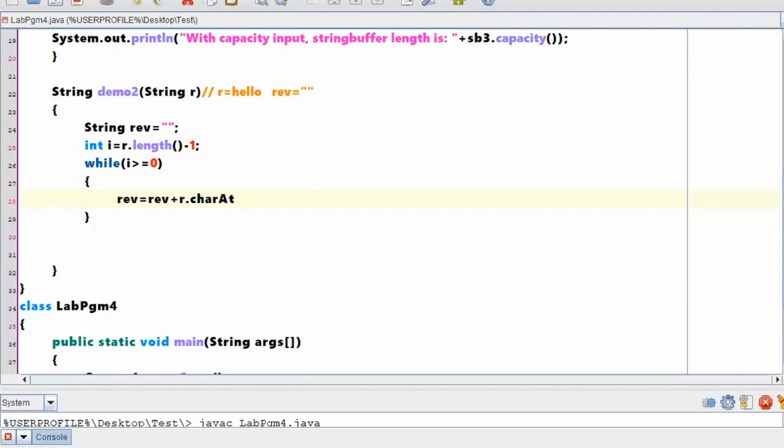What does charAt do? The charAt function extracts the character at whichever index you specify. So it will extract the character from the index whichever you specify.